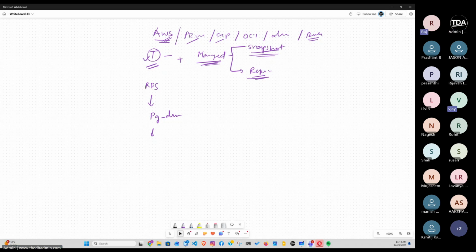Sir, one last question. On RDS, how is pg_dump going to be accessed? Because RDS is a managed service, so we don't have access to the RDS server, right? See, this is your RDS. This is your bastion host. Do you understand bastion host? Yes, jump host. On it you will simply install the PostgreSQL client, and you will just take the backup. Same like a SQL client, yeah, it will take the backup. Because that is possible. Okay, thank you.